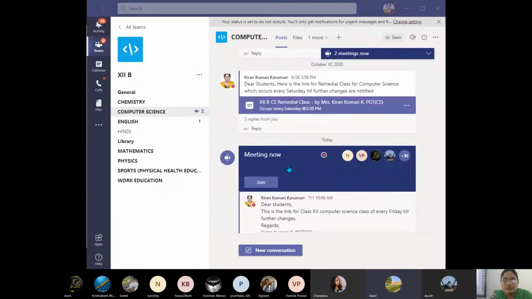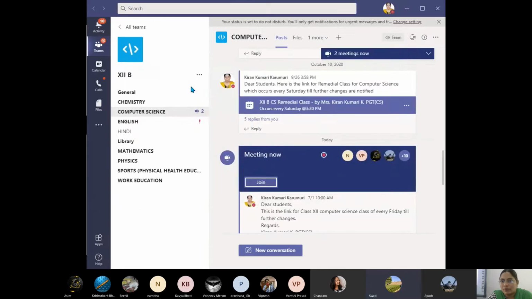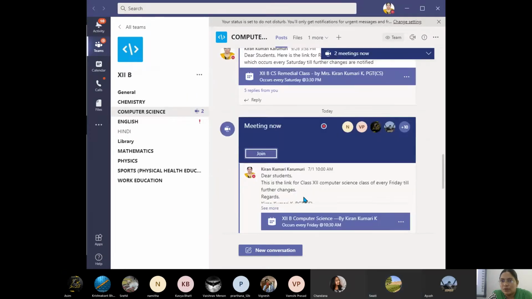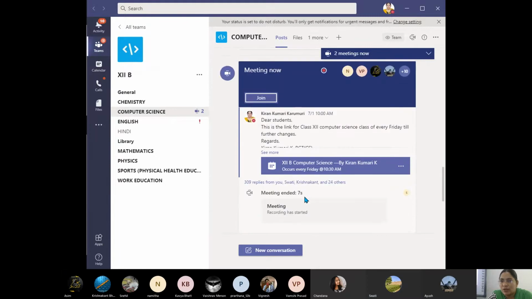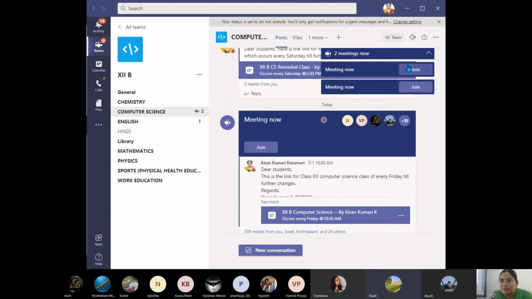eLearn KVS BLR.in. Ma'am, can you let Adra join, because we are all in the other class and we didn't know that this was the class going on. Today is Friday, no? Yes, ma'am. We had joined that meeting and you were also there. So we were just waiting and then you left suddenly.